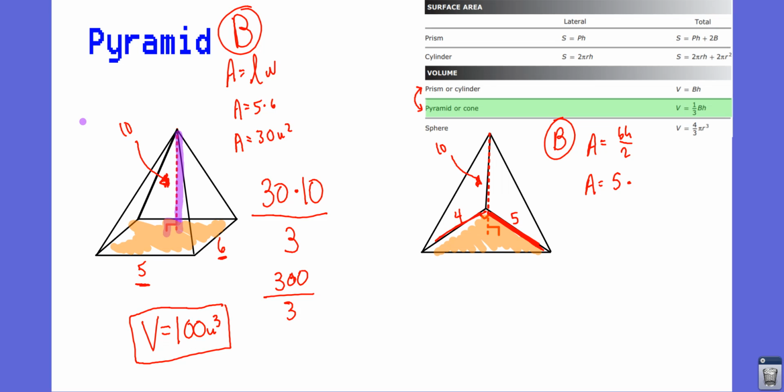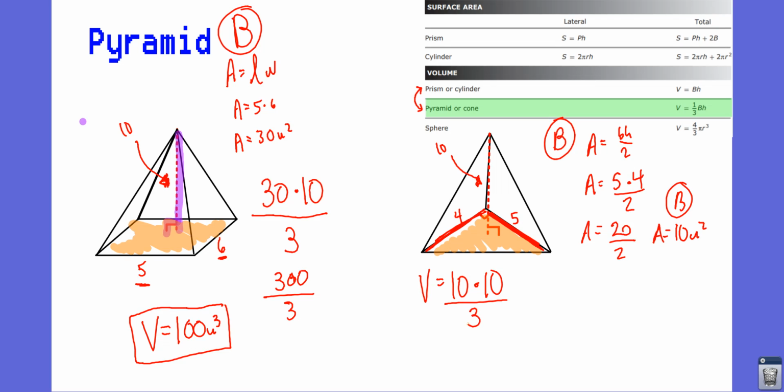The height of the triangle is 4. And you see, I knew that because of where the right angle was on the base of the triangle. Divided by 2. Area equals 20 divided by 2, which is 10 square units. All right, we just found capital B. So now volume equals 10 times the height of the triangular pyramid, 10,